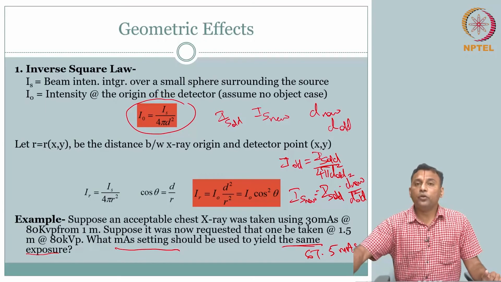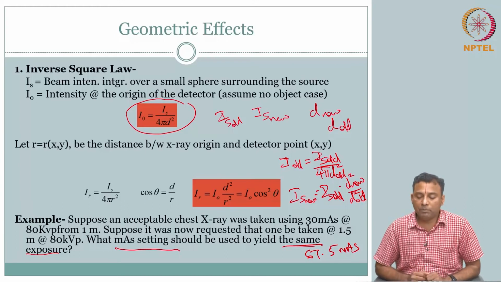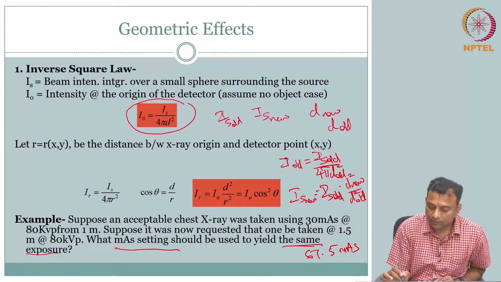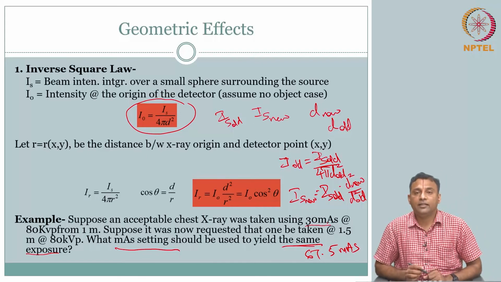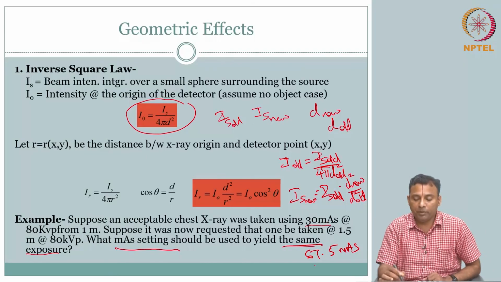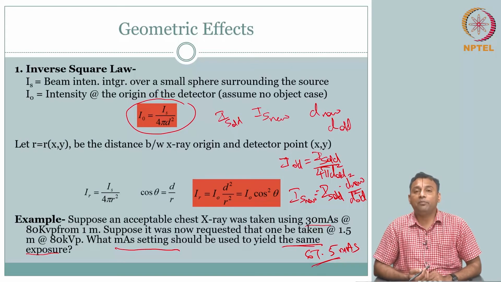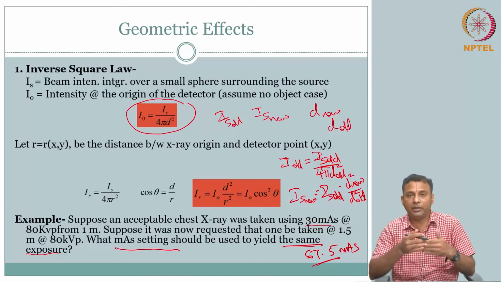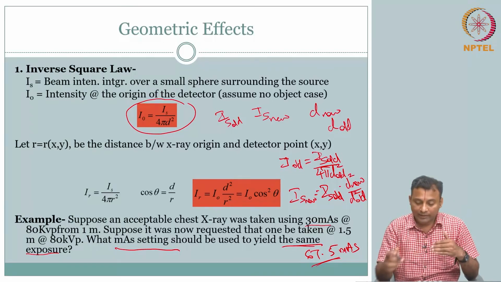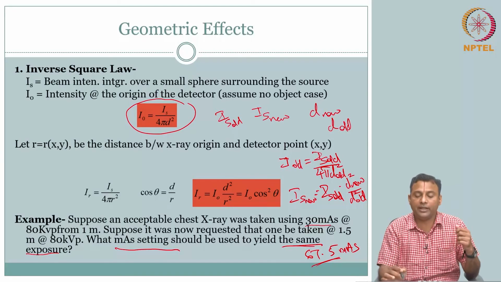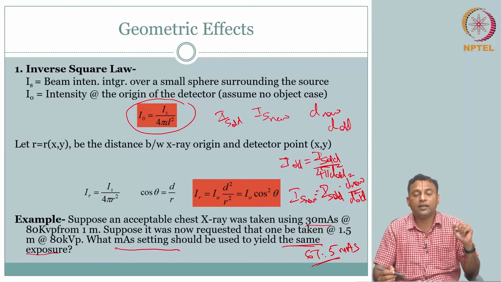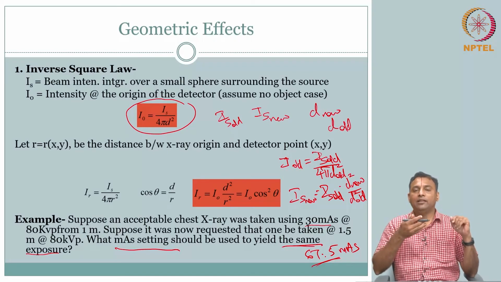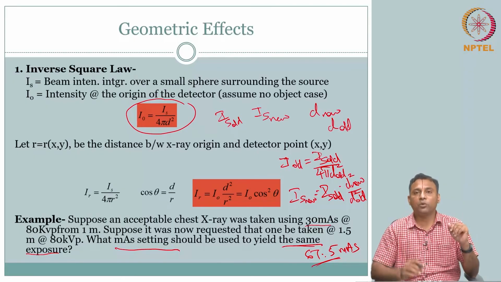Okay. So, you notice why this is important? You are using 30 milliampere second. Now, you have to pump up to 67.5 milliampere second to keep the same exposure, because we know the image quality will depend on the exposure. So, if I am keeping the exposure, if I asked him to move, it has all these repercussions. So, now I have to operate my X-ray tube to get out at 67.5 milliampere second, because he is moving back. If I have to have the same exposure, I have to generate more.